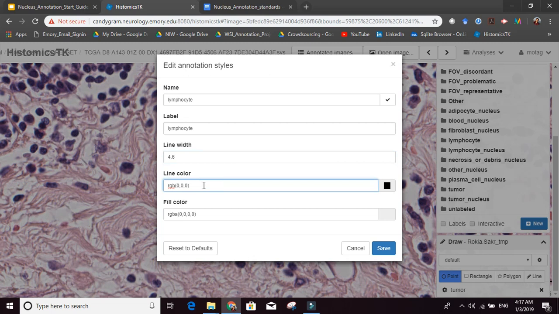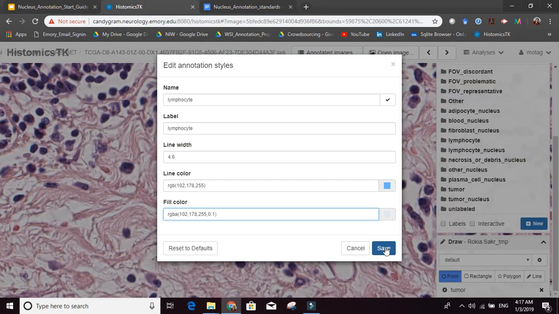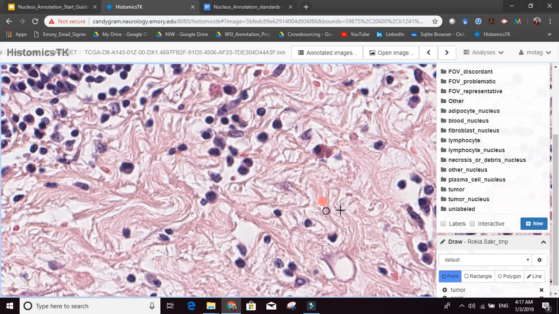Okay, sorry, this is the line color, and this is the fill color, and 0.1, and this is RGBA instead of RGB. So basically, you just copy it from here. Okay, and you click OK, and then you place one dot.